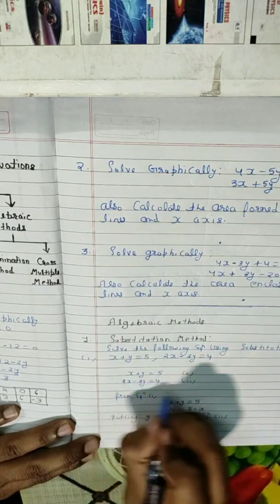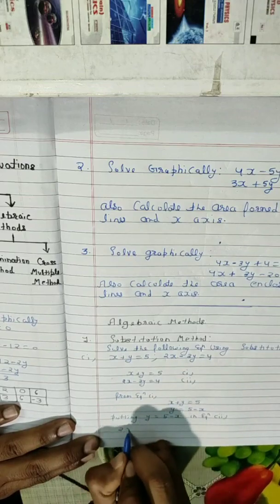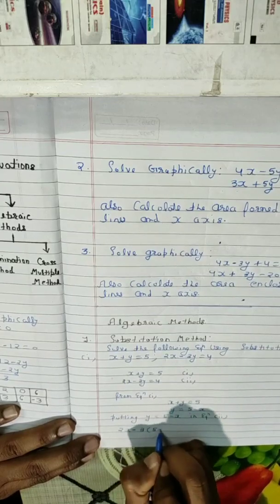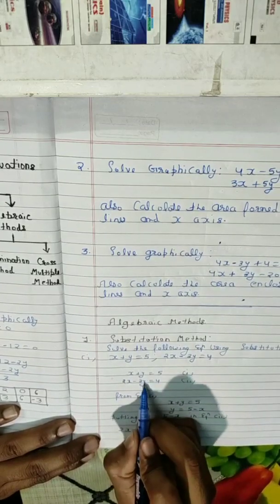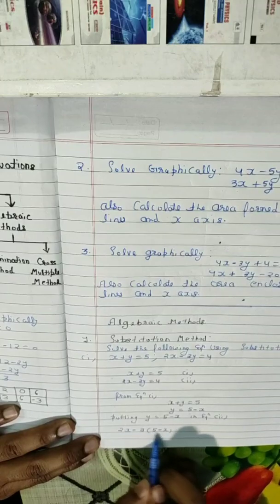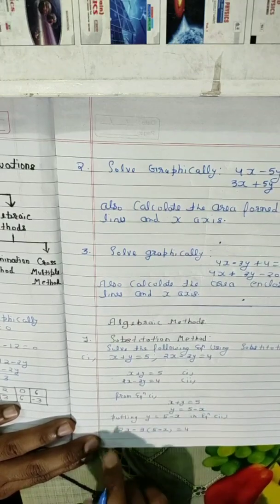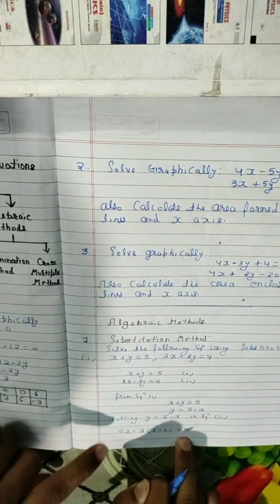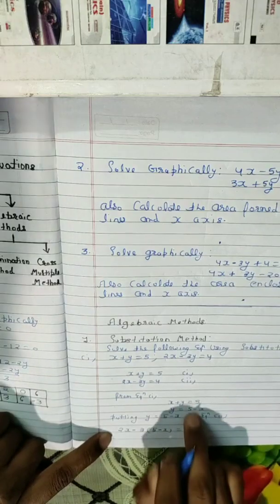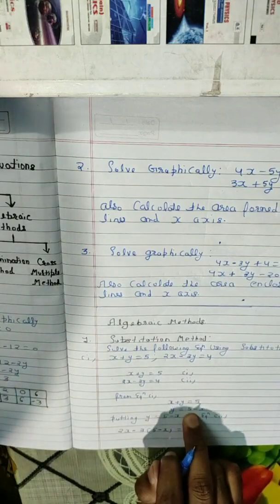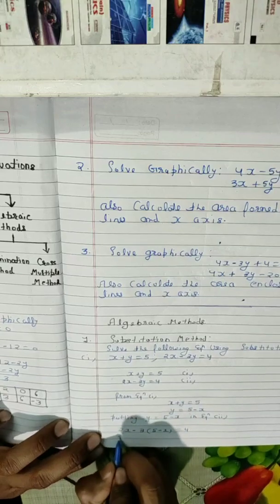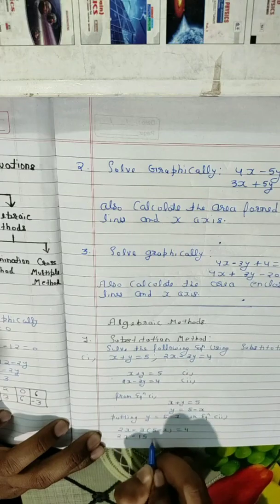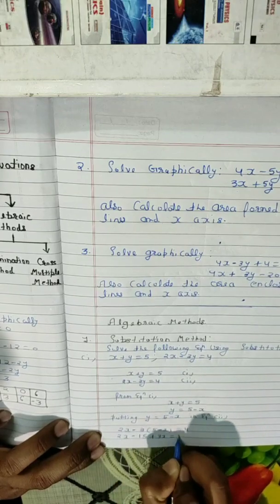Now in this equation, I will put in the place of y, 5 minus x. See, in the place of y I just put the value 5 minus x is equals to 4. Now I will solve this linear equation in one variable for x. Then the value of x I will put again in this particular equation, and so I will get the value of y, right? So 2x minus 3 5 is 15, or minus it is plus 3x is equals to 4.